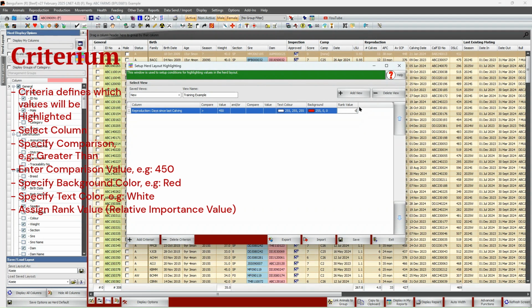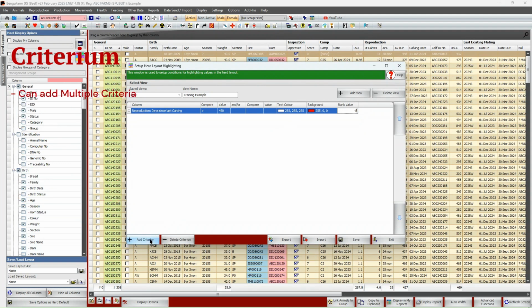We'll get back to the rank values at a later stage. So you can add as many criteria as you want. The more you add, the more columns will be highlighted in your herd view.